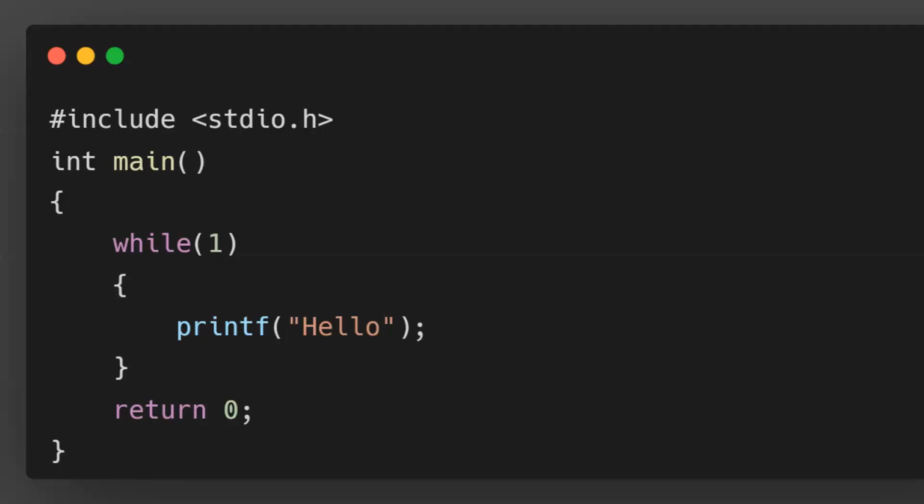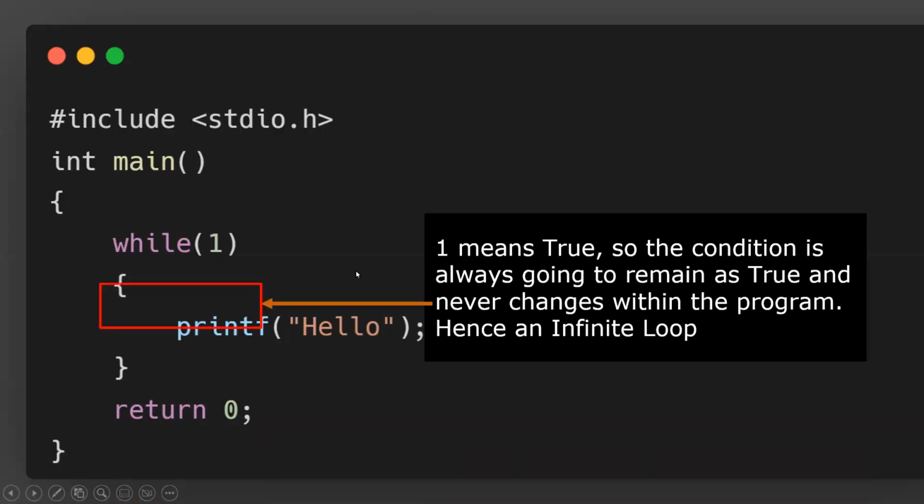I hope you remember the previous sessions where we have covered the jump statements. So we can give some particular condition, and if that condition is satisfied, we can use the break keyword and come out of the loop in such scenarios. So this is again a program which is going to go into an infinite loop.